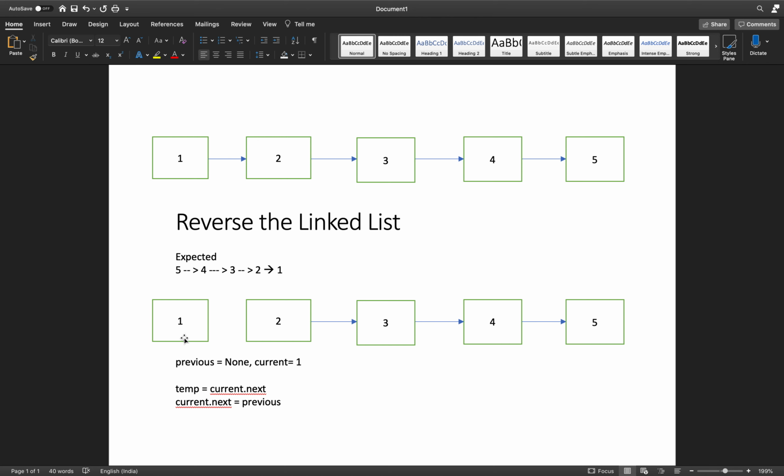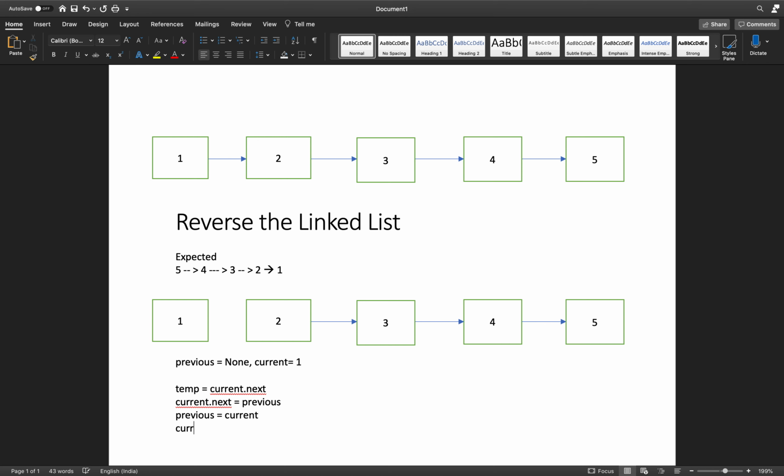Now the previous would be the current node, because when you move to 2, 2 should point to 1, right? So in the next iteration, your previous node is nothing but your current node. And your current would be the current dot next, which is the value we saved, that's your temp.